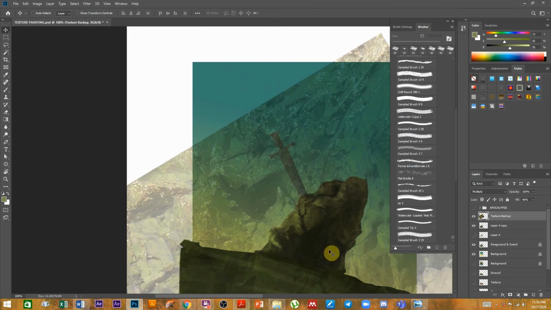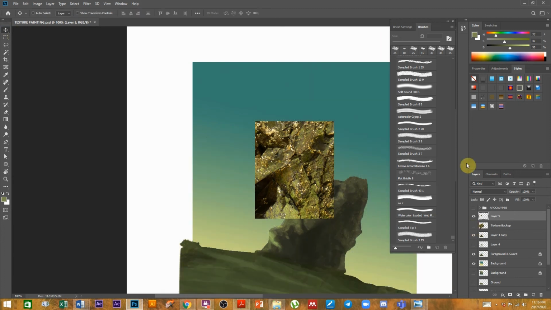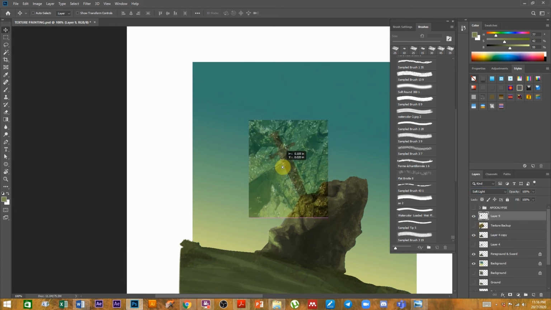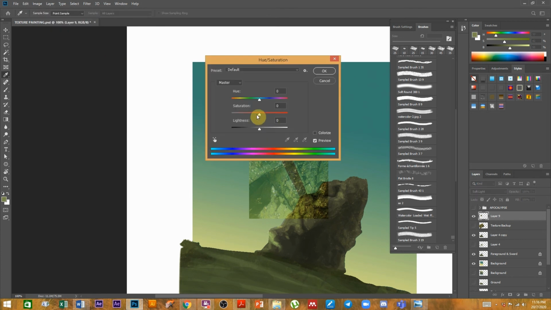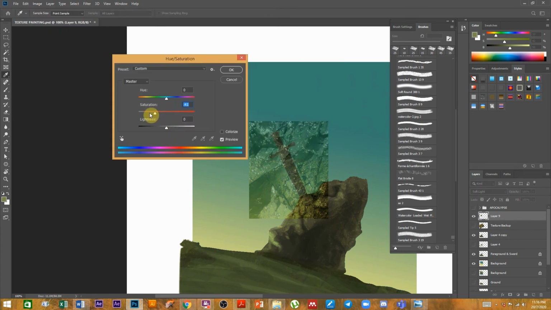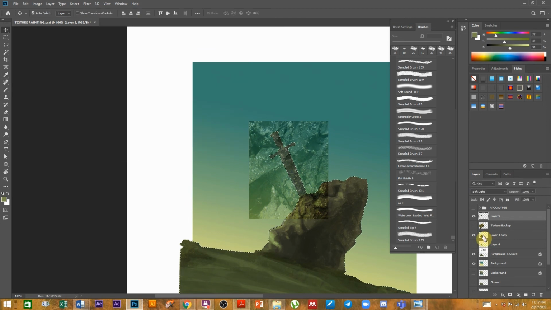Yeah, maybe something, let's just try this. I'm not going to have such a large piece of texture, just part of it, copy and paste, and then try overlay, was it overlay that I was using? Overlay or hard light? I think soft light? Yeah, soft light. Right. And probably not so green. Let's try and bring down the saturation of this texture because it had a lot of green in the initial texture. Okay, press OK, and once again hold down your control key, select the area, Control Shift I, Control X,